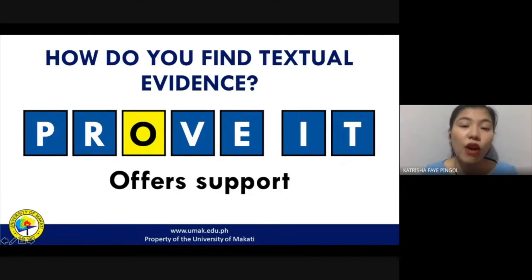Next is O, or offers support. You have to remember that just because the evidence is in the selection, it doesn't necessarily mean that it will provide support or evidence to a particular idea. You really still need to make the connection between that piece of evidence and that idea of yours. So you try to find relationships among those things and then try to figure out if this particular piece of the text could really be presented as evidence to the idea that you are trying to make